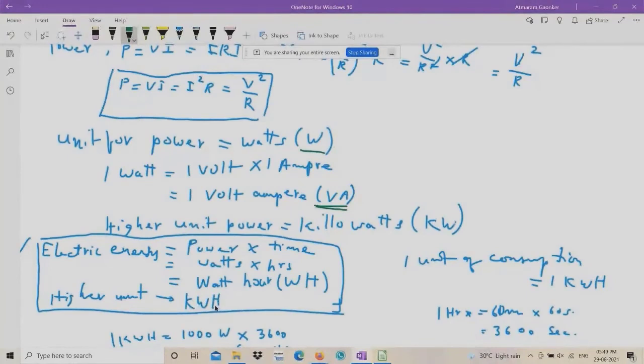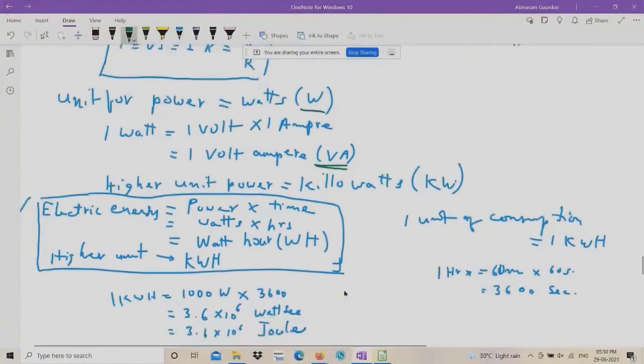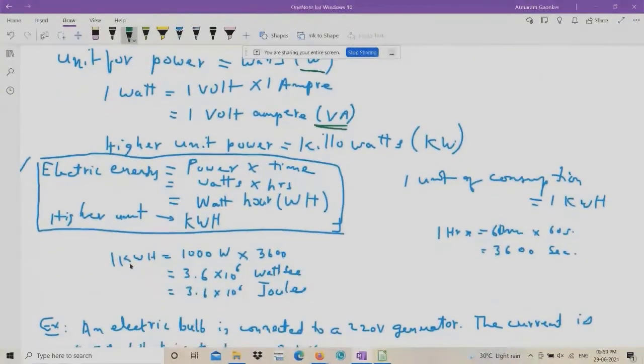1000 watt hour is equal to 1 kilowatt hour, and we are charged based on consumption of kilowatt hour, based on the number of hours and based on kilowatts of power. And if you want to convert this 1 kilowatt hour into joules, it is 1000 watts multiplied by 3600 seconds, as Devastali rightly pointed out. 1 hour is equal to 3600 seconds, and it becomes 3.6 into 10 raised to 6 joules.